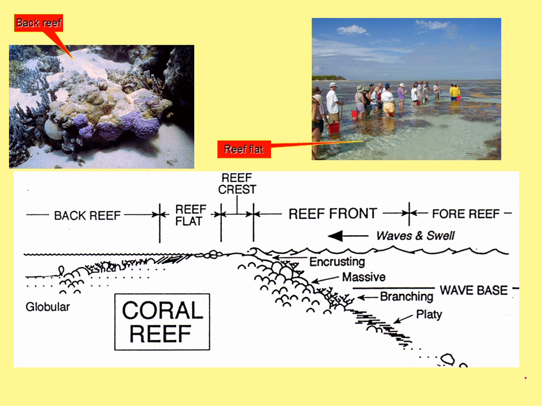The environmental conditions associated with the development of this reef will dictate the kinds of corals that form. Where you get below normal wave base, the corals are often relatively fragile, branching types of corals. In the reef crest, where there are pounding waves, the corals tend to be more massive to be able to withstand the pounding of the waves. And you can see in that picture in the top right, when we talk about clear, warm, shallow, agitated water, those are the conditions in which carbonates like to form.